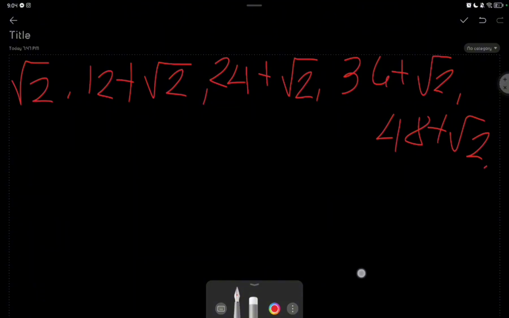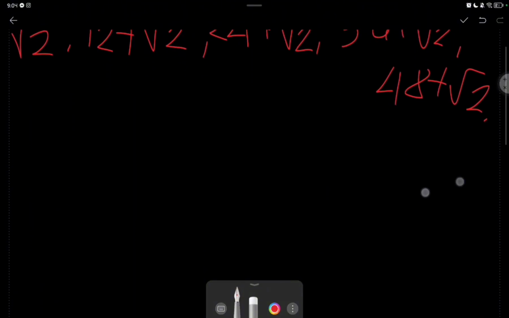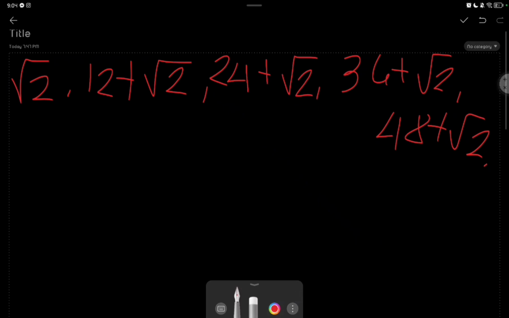For the next three terms, as you can see, the square root of 2 is stable. We will find the pattern in the first number before the plus, not the square root of 2, because it is stable. We cannot change it. So the next three terms, as you can expect, is plus square root of 2,